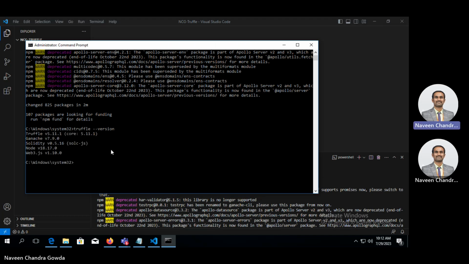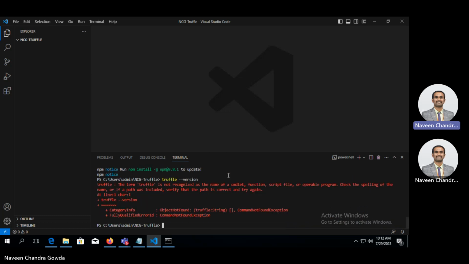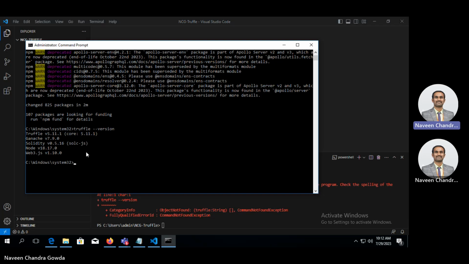Yeah, so now you can observe this. When I ran npm install -g truffle in VS Code, it threw an error when I checked the truffle version. But when I did the same truffle installation from the command prompt, opened in administrator mode, it was a success, and when I checked the truffle version, it is showing the current version is 5.11.1, and the